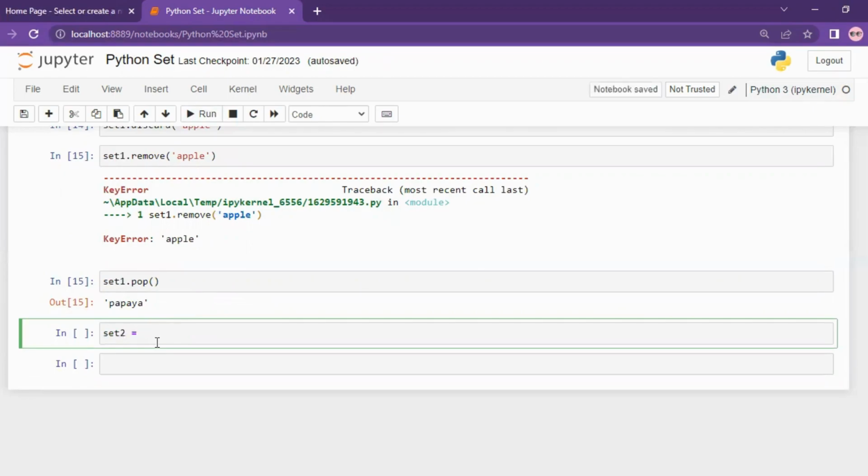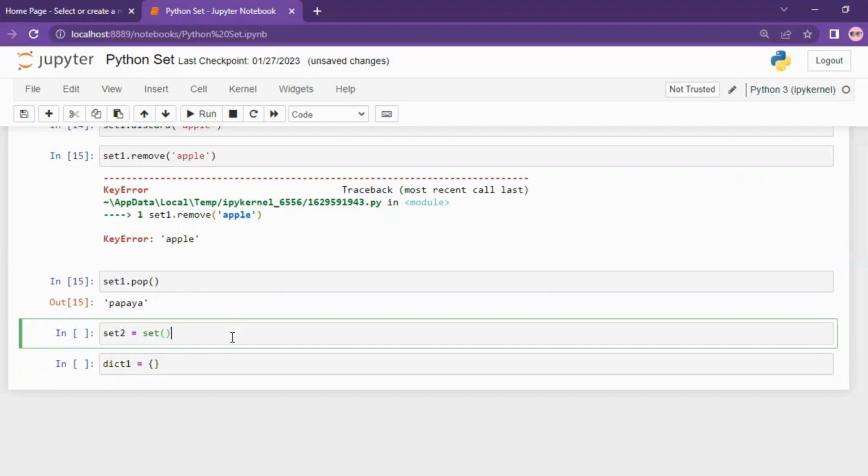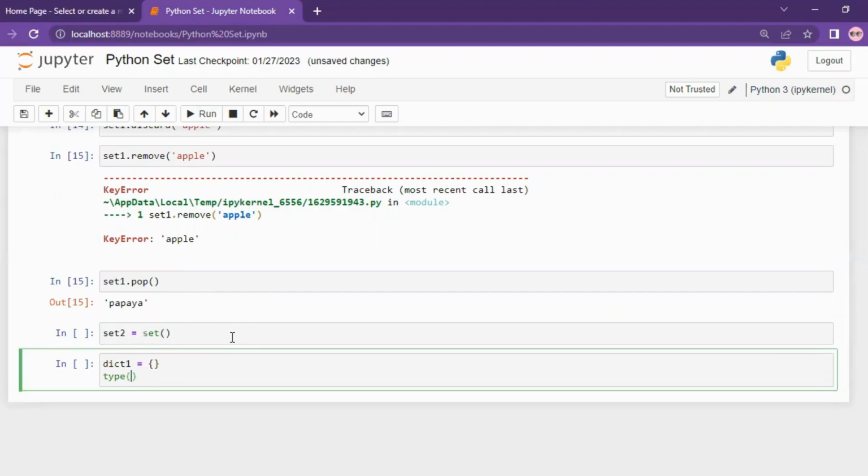And I'll also show you how you could create an empty set. Creating an empty set is a little different because when you want to create an empty dictionary, you could simply write a set of empty curly brackets like this. So dict1 would be this. The type of dict1 would be